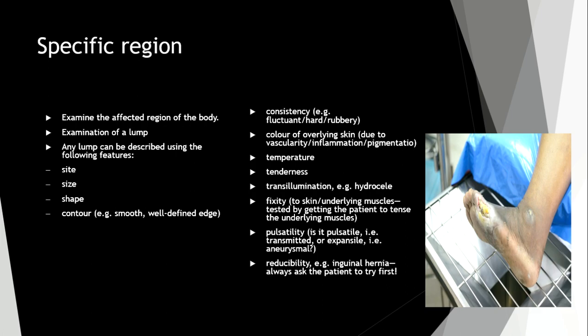How to describe a specific region? First of all, examine the affected region of the body, examine the lump. Any lump can be described using the following features: size, shape, and contour: smooth, well-defined or edged, consistency: fluctuant, hard, rubbery, color of the overlying skin,